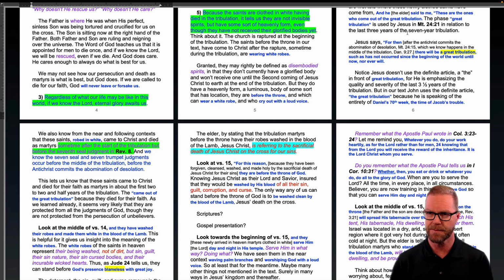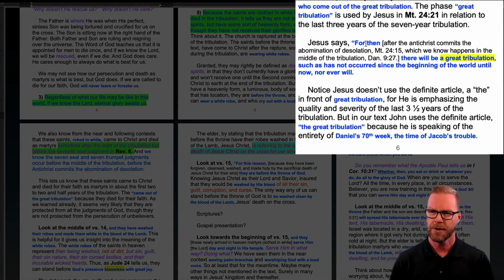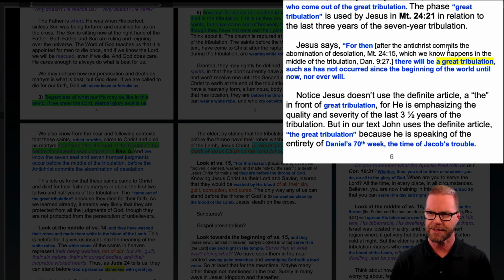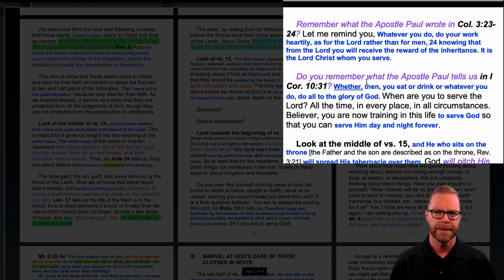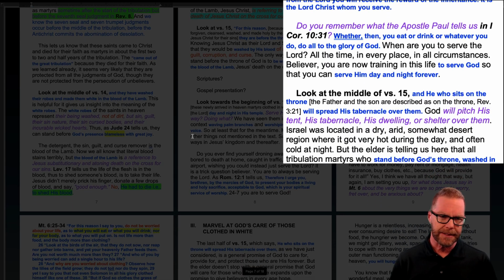So for instance, Matthew 24:21, Jesus says, "For then," after the Antichrist commits the abomination of desolation according to Matthew 24:15, we will know what happens in the middle of the tribulation. And we know that happens in the middle of the tribulation, Daniel 9:27. "There will be great tribulation such as not occurred." So notice how I just inserted those comments as I'm reading the cross-reference. I talk a little bit about the tribulation, talk about those things. In this point here,